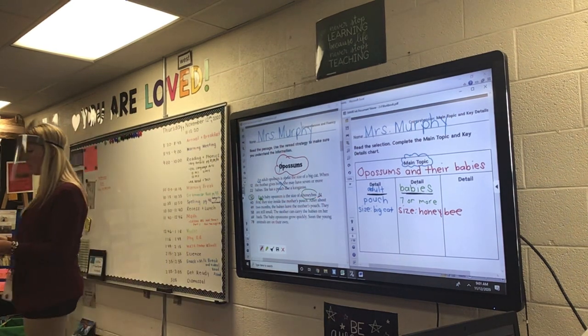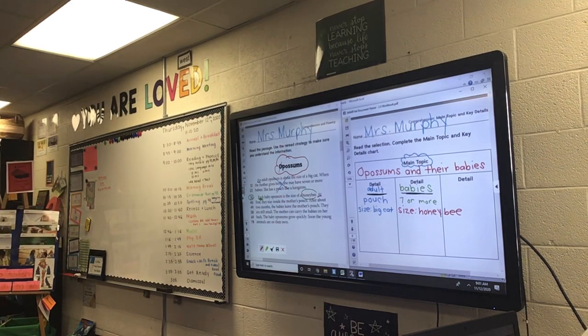Put your finger at the word at, and we're going to read this all together. Ready? At first they stay inside the mother's pouch. After about 2 months, when babies leave the mother's pouch, they are still small. The mother can carry the babies on her back. The baby possums grow